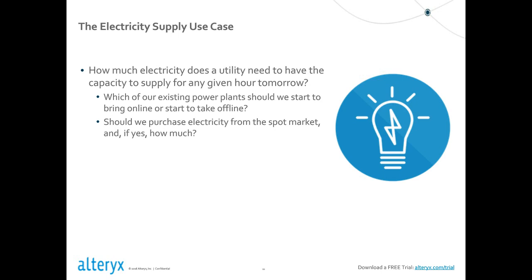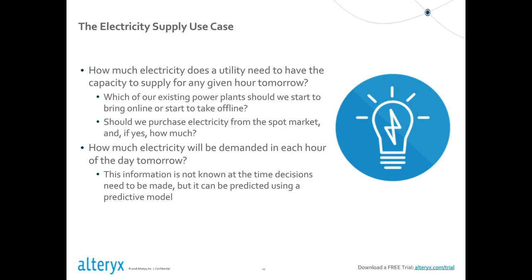Now, the trick associated with it is that we have to make those decisions a day before. And the information that we need in order to make those decisions is how much electricity will be demanded in each hour of the day tomorrow. At the time that decisions are being made, we don't know that information. But instead, what we can do is begin to come up with predictions of how much electricity we expect to be demanded. And based off that expectation of demand, we can make appropriate decisions about what we want to do with our generating capacity,